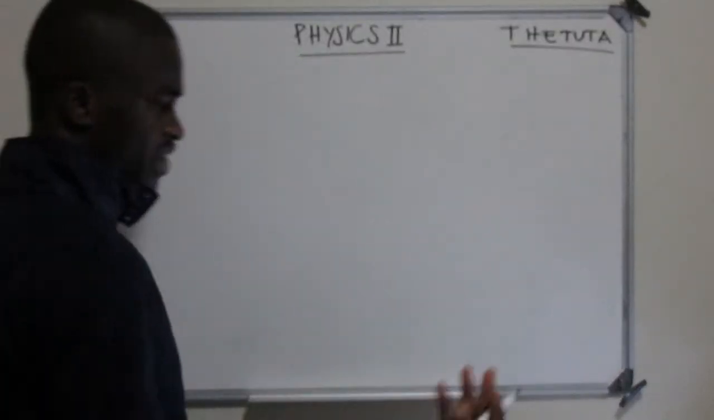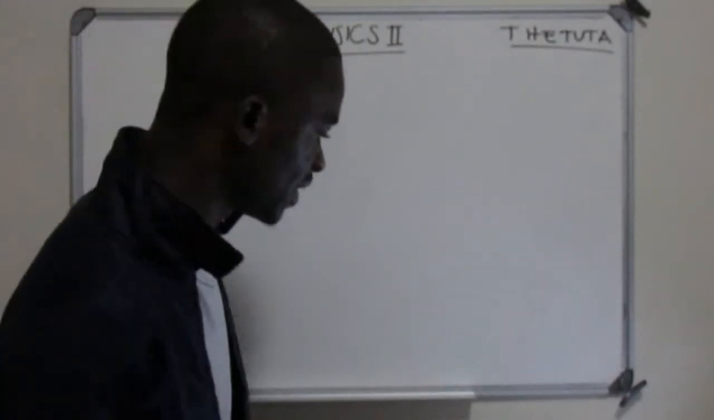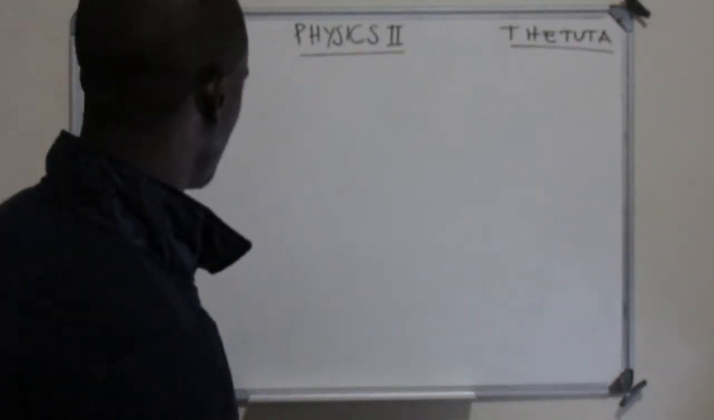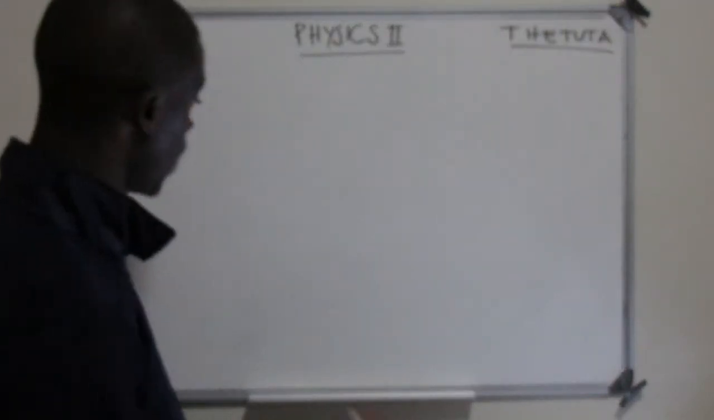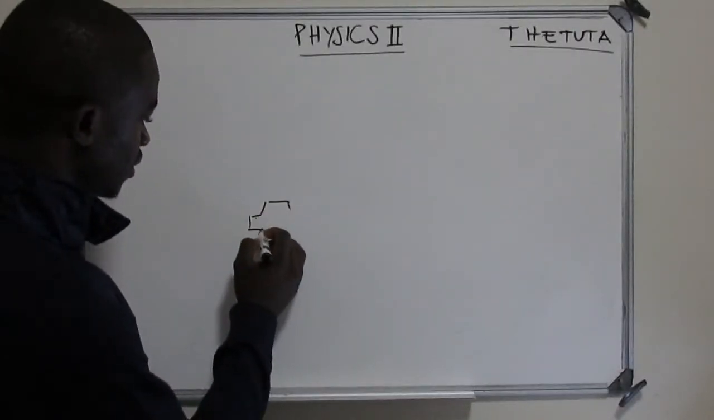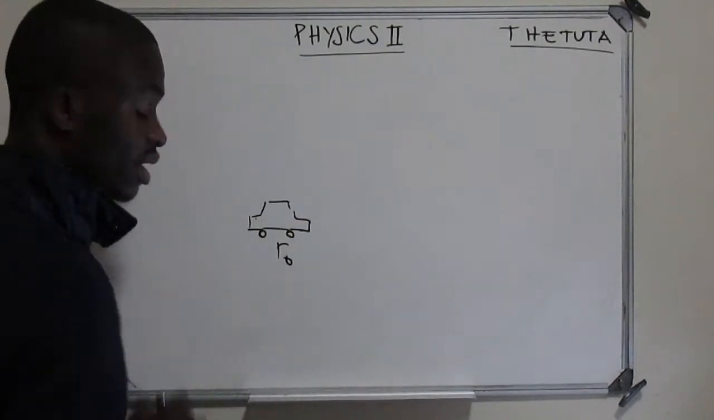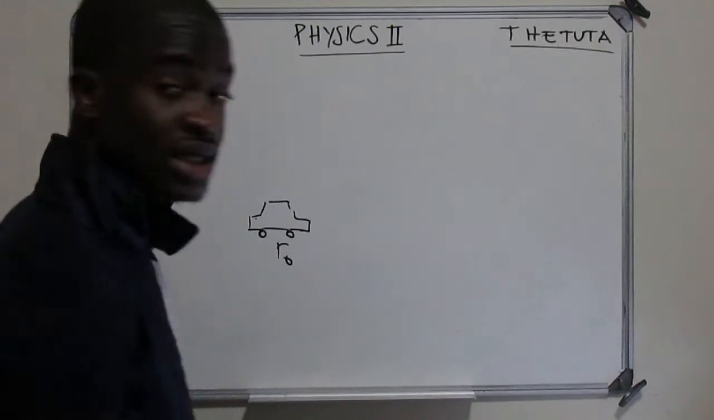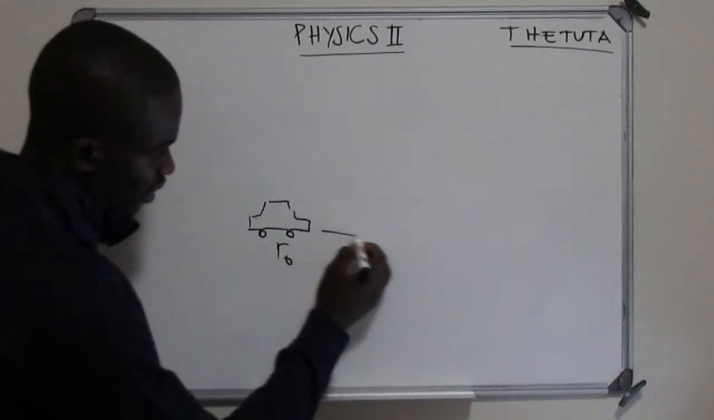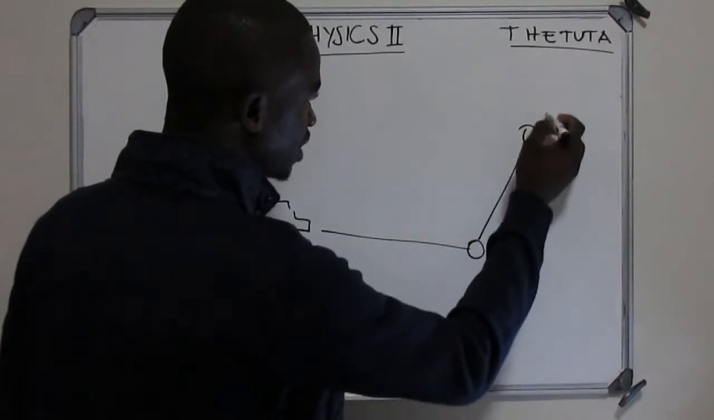The first thing is just an introduction. We just want to talk about displacement, velocity and acceleration. So basically, when we talk about displacement, for instance, if you have a car that is initially at a distance r0, so this is the initial distance. Can you see? If this car moves to this point A and again moves to our point B,